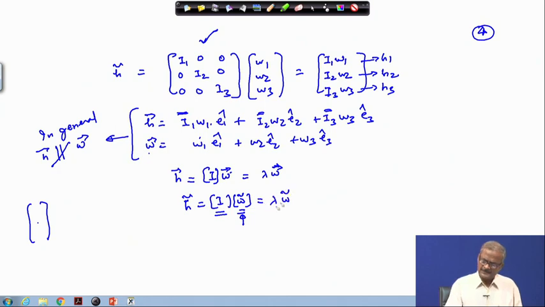So, when will the situation arise that I omega will be equal to lambda times omega? If this situation arises, this simply implies that we are looking for a condition where h and omega are parallel to each other. Means if you look here on this side, I 1 omega 1, I 2 omega 2,